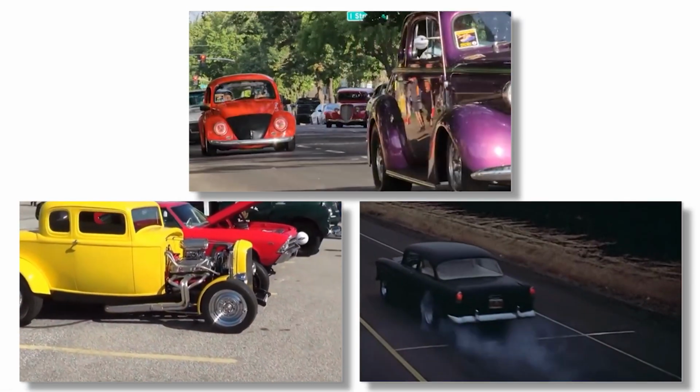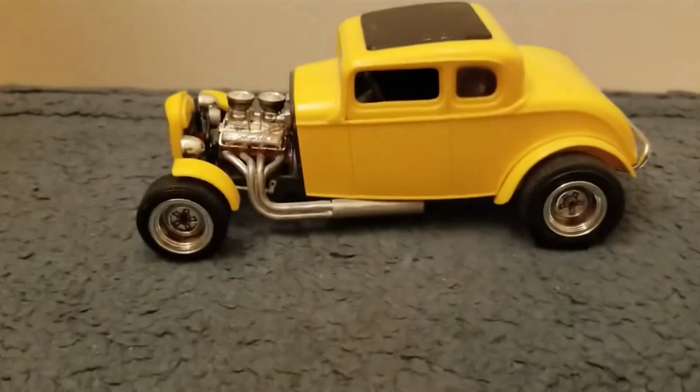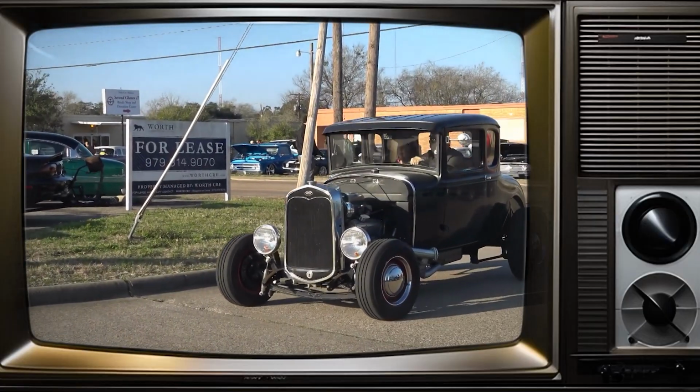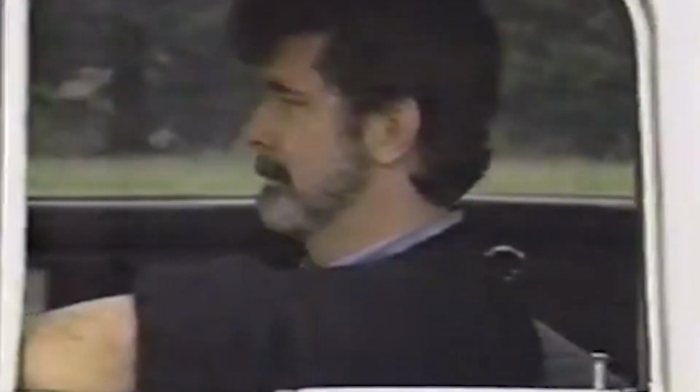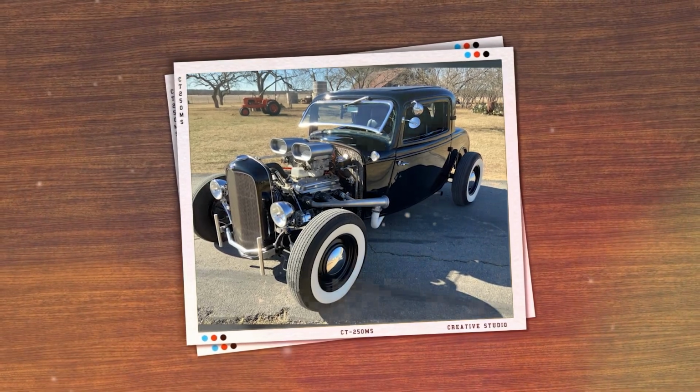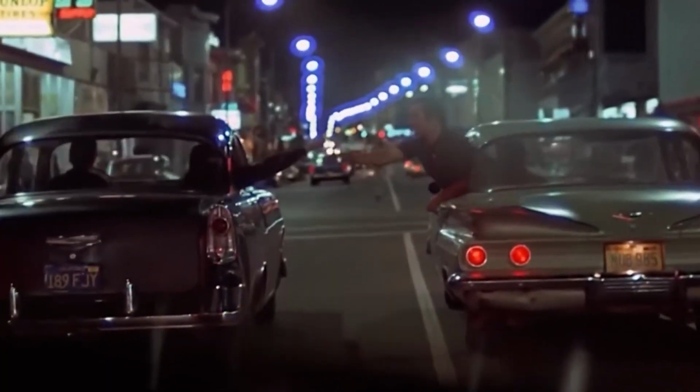The color change was subtle but significant. The black interior contrasted sharply with the car's bright yellow exterior, reinforcing the character's street-smart persona and underlining the coupe's aggressive presence. Small choices like this show how filmmakers use visual cues to communicate personality without a single line of dialogue. The car doesn't just look fast, it looks dangerous, confident, and lived in, all thanks to decisions like changing